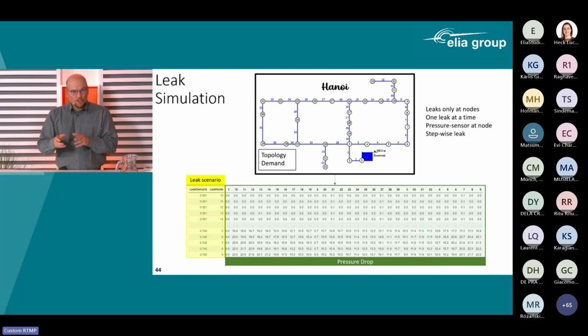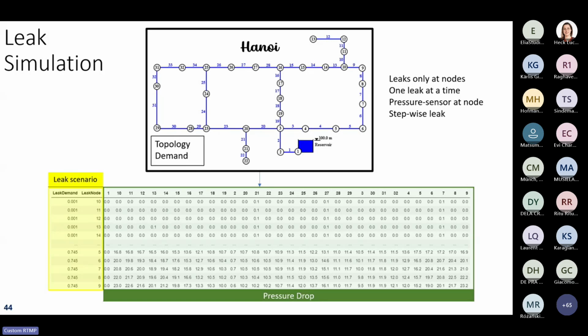So what we did, we didn't go to Hanoi and just drill leaks into the network itself. We were not that disruptive. We just simulated the whole idea. I think there are 31 nodes in here. We just started simulating a leak at those nodes. So 1 liter per second, 2 liters per second at that node, each and every node, with a certain amount of assumptions to be made. And then you can calculate the pressure drop at each node, assuming that you have a leak at some place. So you build up a kind of big data table. That's the first step you have to do.